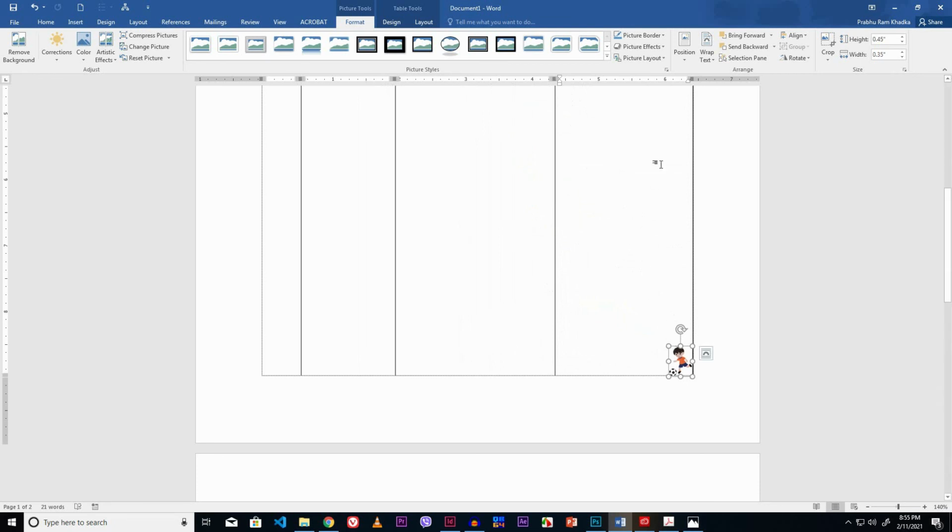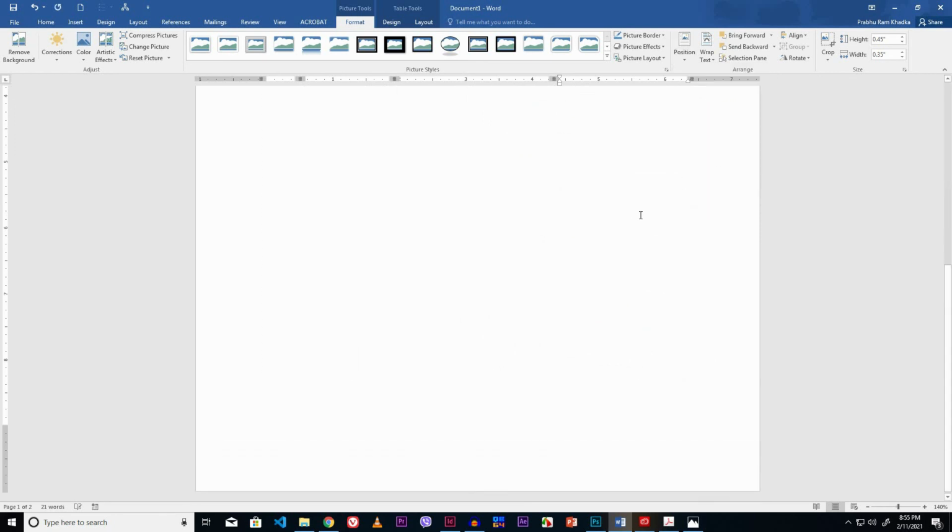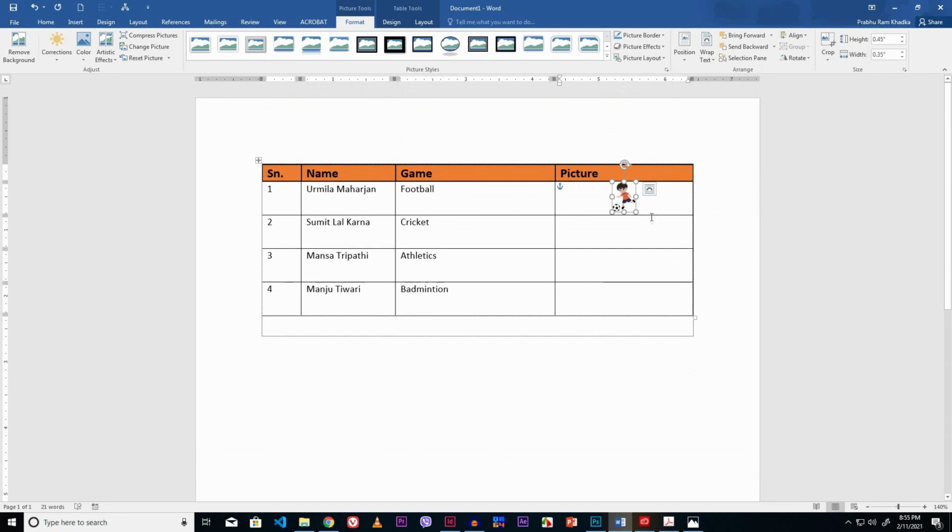Click the position drop down button from arrange group of format tab. Select the desired position. I like to select this position. Now just move this image in downward. Now insert the rest of images in this way.